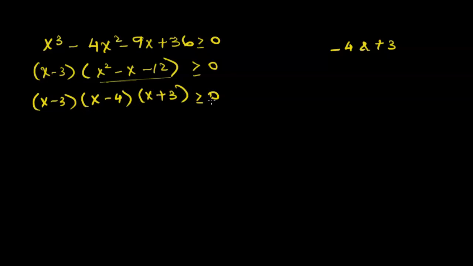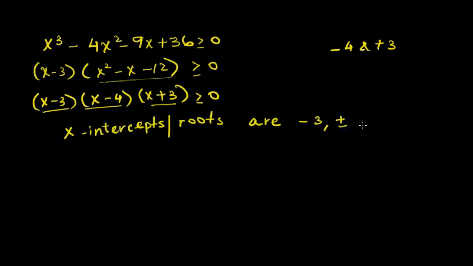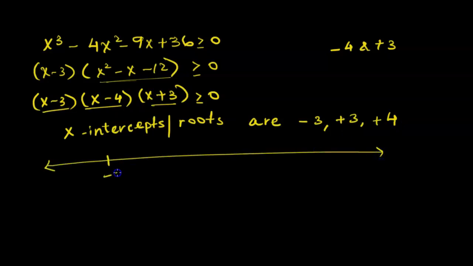However, if the question is an inequality, then we do not put each of the factors equal to 0 to solve for x. Then we do something different, and that is we create an interval table. To create interval tables, we first need the roots, or the x-intercepts, from these factors. We know the x-intercepts are negative 3, positive 3, and positive 4. We put these roots on a number line. So here is negative 3, here is positive 3, here is positive 4. And we pick up the intervals to put into the interval table.